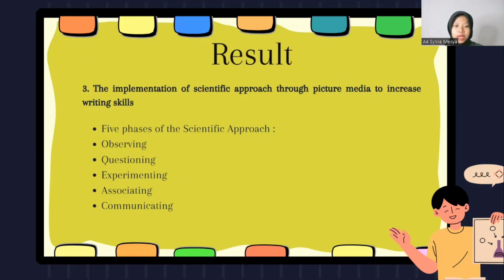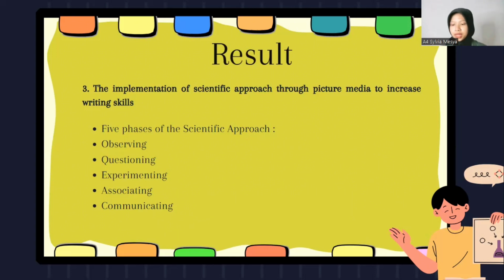For the first, observing, which means in the observation step, two main activities must be carried out. First, the teacher provides opportunities for students to make observations. Second, the teacher helps students when making observations and guides students about the things they have to observe from an object. And then questioning, which aims to encourage students to actively learn and develop critical questions, and improve students' ability to make presentations and ask questions so that others can answer in a systematic, logical, and grammatical manner.